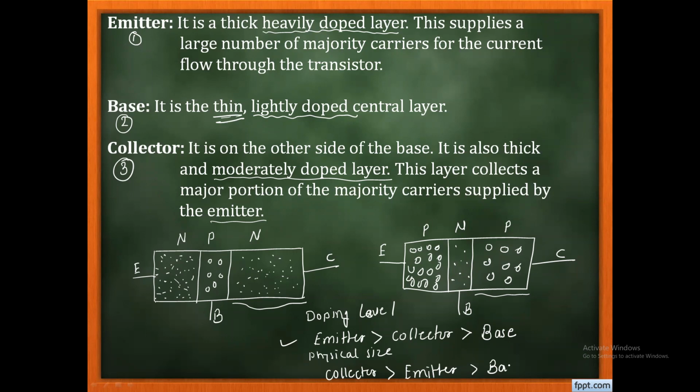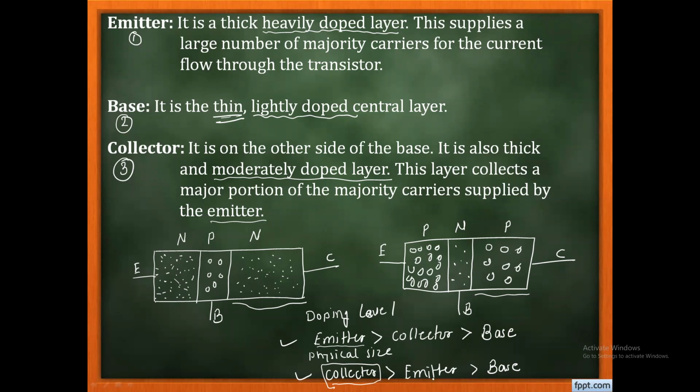It's a base is there. In this way, the transistor is actually prepared. It is actually constructed here. Now, as you know the reason why the doping level of the emitter is greater, because its function is to emit the majority carrier. Then what is the reason why the physical size of the collector region is greater here? Because most of the heat will be dissipated in that collector region. That's why the physical size of the collector region is made high as compared to the emitter region.